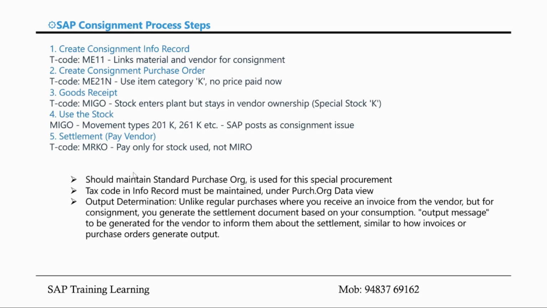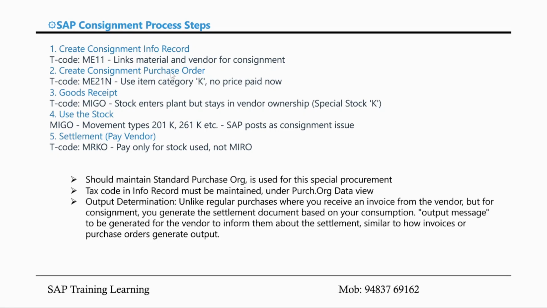So there are some prerequisites. Keep this in mind. You should maintain a standard purchase organization, because consignment process procurement works with a special procurement. This is a special procurement type. That's the reason a standard purchase organization should be there, instead of the purchase organization which you use for standard purchase orders. So